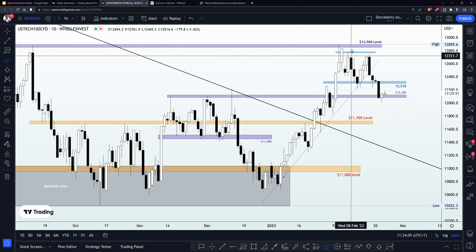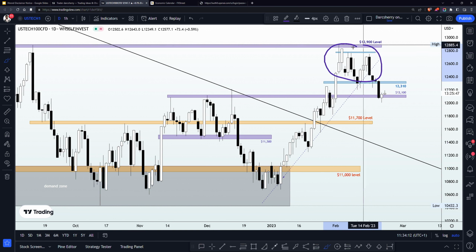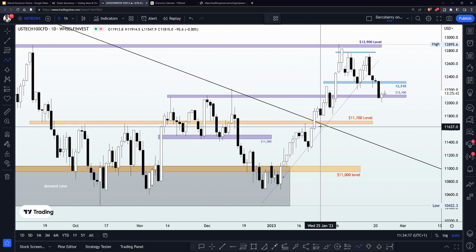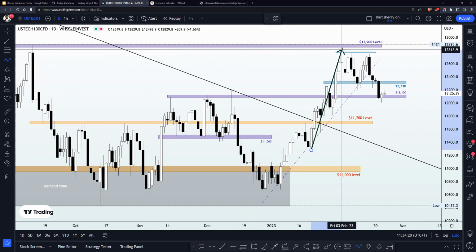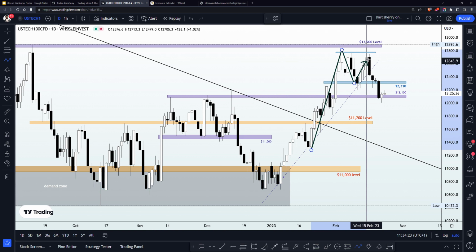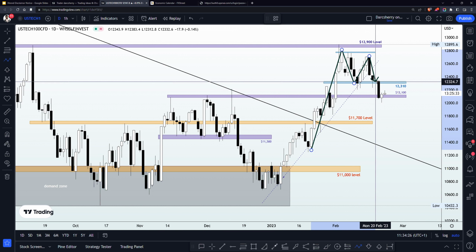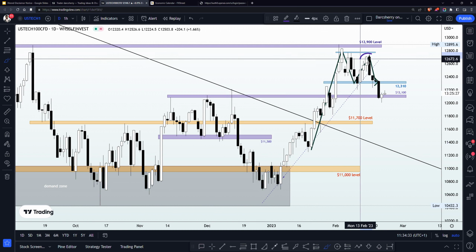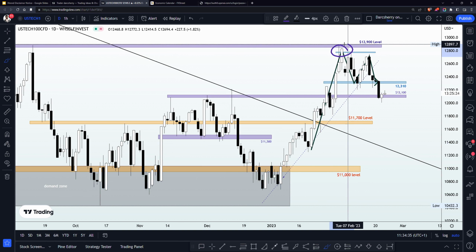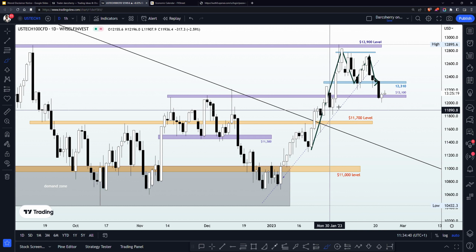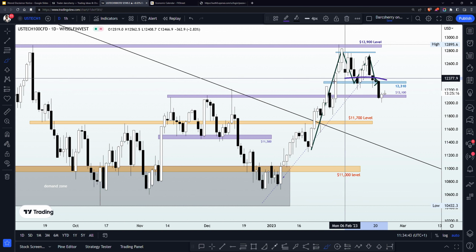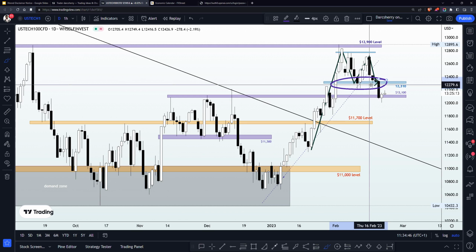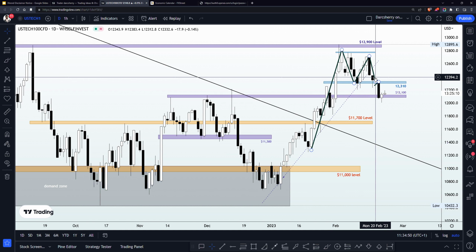Now we have a situation right now where price has evolved into something that looks more like a reversal pattern, and if you remember, at the beginning of the week we were able to spot this double top structure here where we identified the neckline at the $12,030 level. As you can see here, price was unable to break the previous high, so we had the lower high, and then we had the reversal pattern here. And whenever we have a reversal pattern, you know the next thing we want to be doing is to identify a neckline area, which we'll definitely be using as a yardstick for selling opportunity.